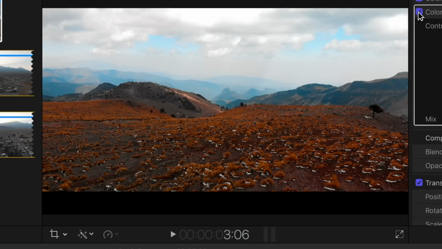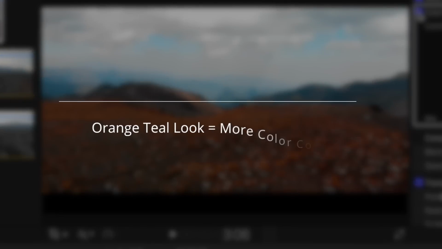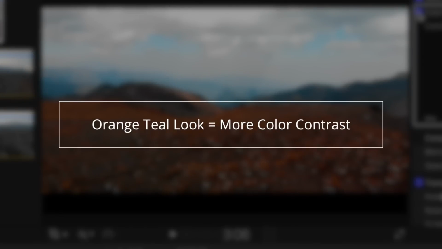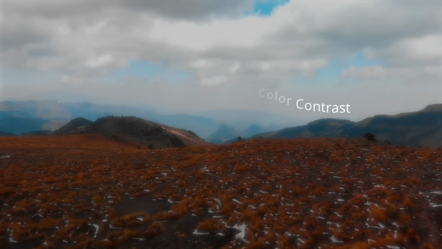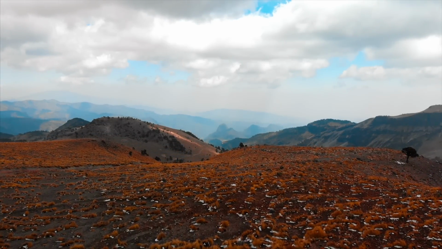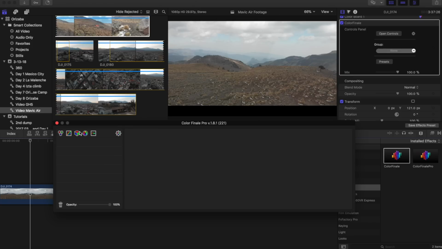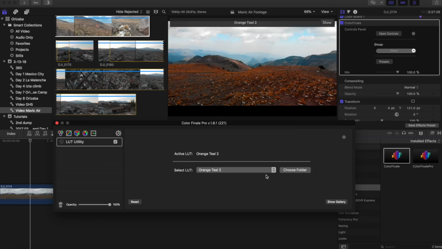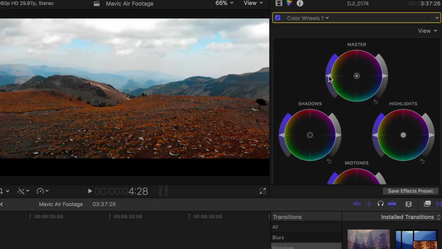This is a LUT that I made myself, and it's the orange teal look. The orange teal look is a very specific cinematic look. What you're doing is adding color contrast into the scene, not only contrast in your Luma curve. That gives it a better cinematic look and something that is more appealing to the eye. All right, so you drop this LUT in, and then if you want to dial it back, you can just bring it back a tad. I've basically built this LUT for Mavic Air D-Cinelike footage, and then from there, it's just dialing in the saturation to your taste. If you want to bring it back, bring it back.